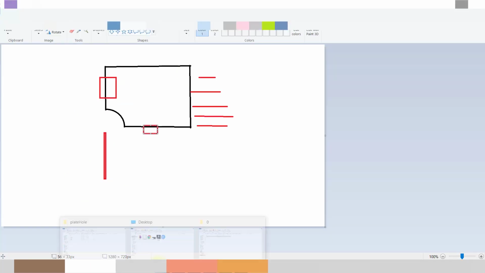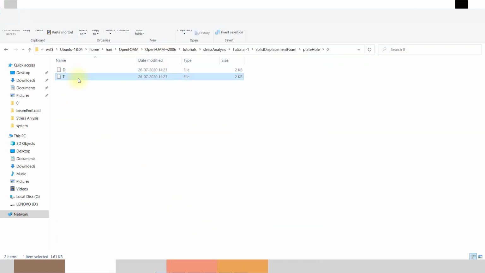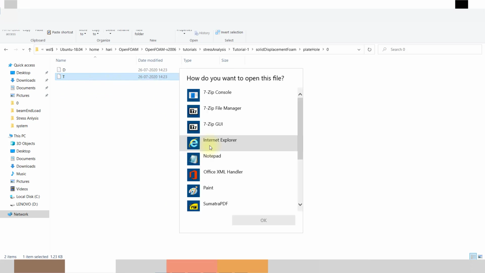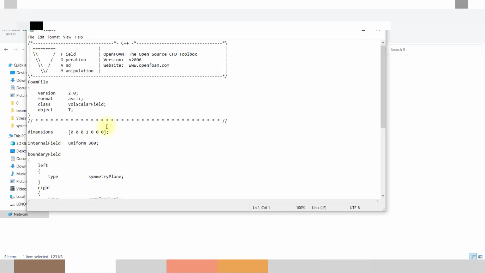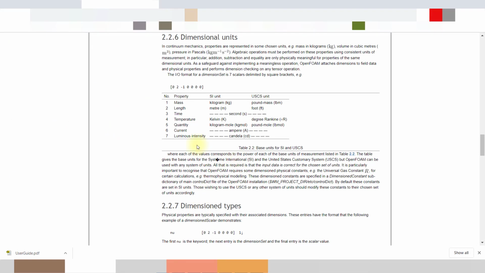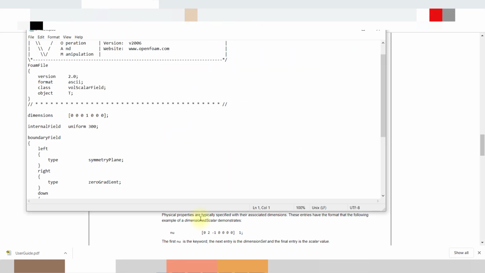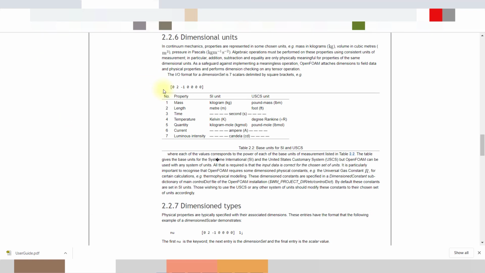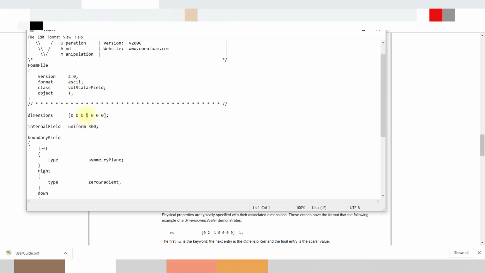Now we'll go for T, meaning temperature input. Here you can see the same thing, but the temperature is 1. So it will input our temperature, but we had set temperature as uniform 300 Kelvin.